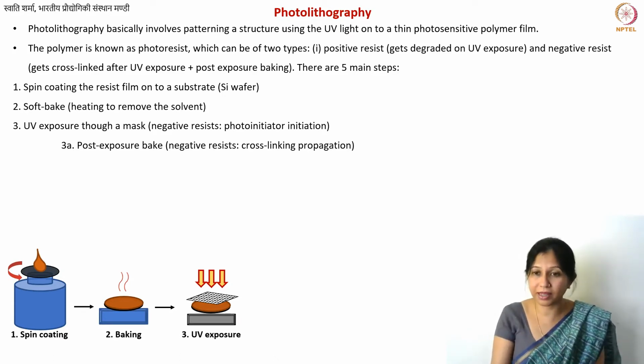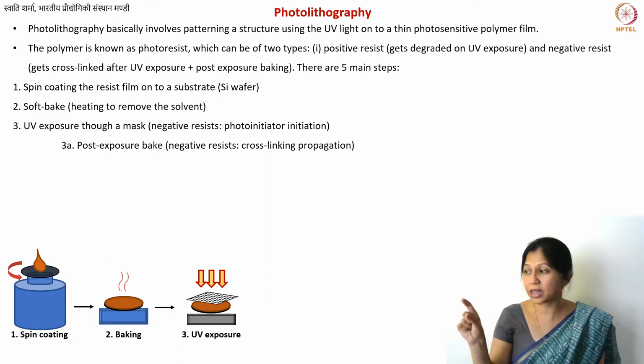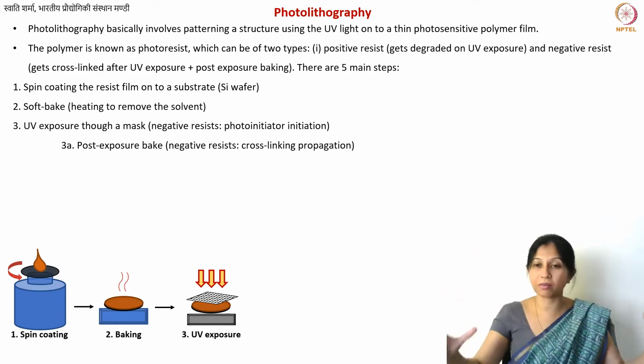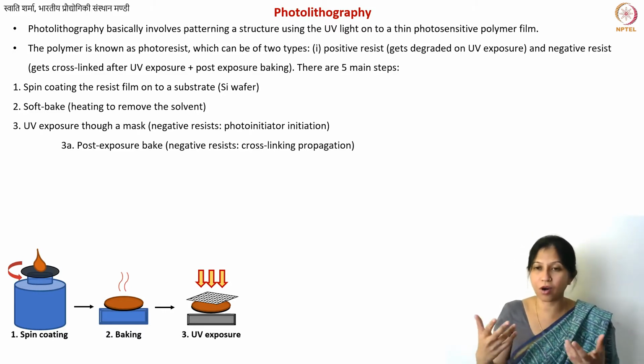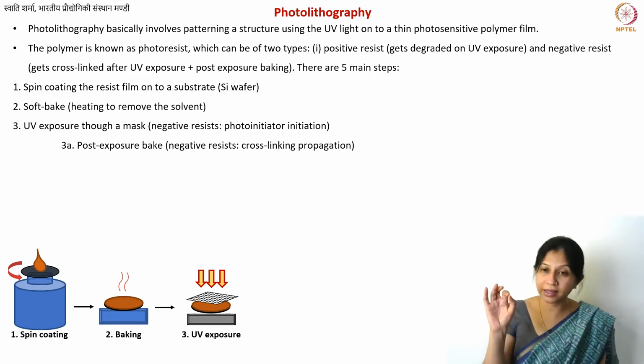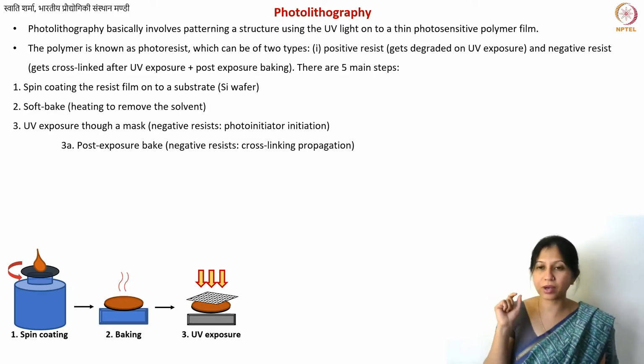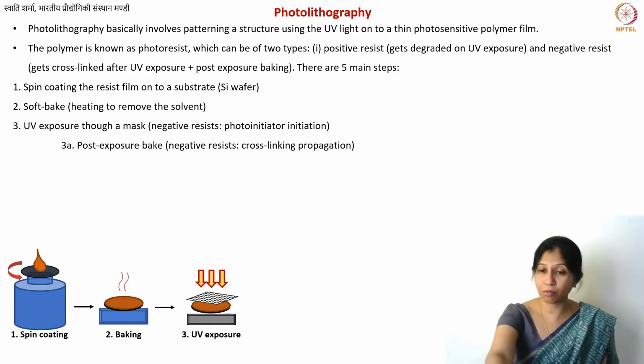So you will optimize. Now for every photoresist, typically the manufacturer will give you the instruction what film thickness requires what dose of the UV light, and then accordingly for the intensity of your own UV lamp that you have, or if you have a machine which has something called a mask aligner, which can align your mask on top of your wafer. So your mask aligner or your simple UV lamp, whatever you have, the intensity of lamp you need to know, and accordingly you can calculate for how long you want to expose your sample to the UV light. Okay, so this is kind of the most important step, and that is the step number 3.